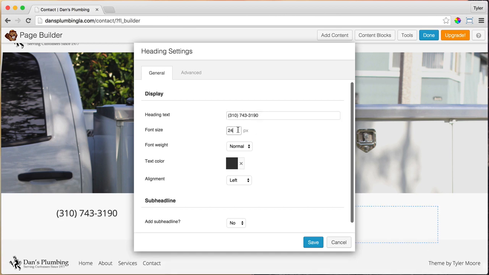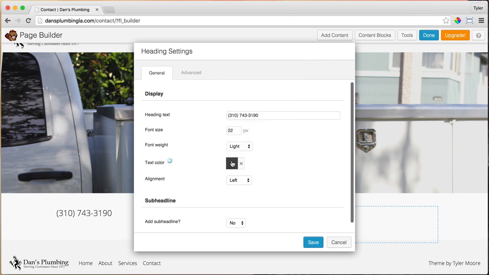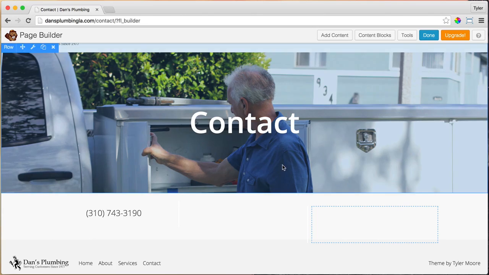And for the font size, I'm going to make it 22, and the font weight, I'm going to make it light, so it's not very dark. And for the color, I want to make it a little lighter. I mean, we can make it whatever we want, but let's make it pretty light. And for the alignment, we want it to be center, and there is going to be no sub headline or anything like that. All right, so once we do that, we can press save,